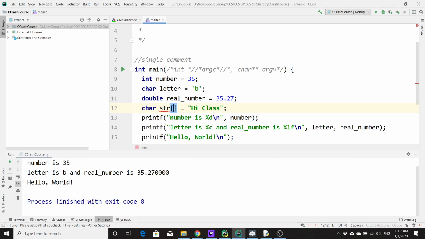So over here in the square brackets, you put the size of how many characters of space you want to make available. But because I'm assigning it directly to a string constant, I can leave that out, and the compiler will figure out how many characters are here. So here it's going to make space for 1, 2, 3, 4, 5, 6, 7, 8, 9 characters actually. Because of the way that the string is represented